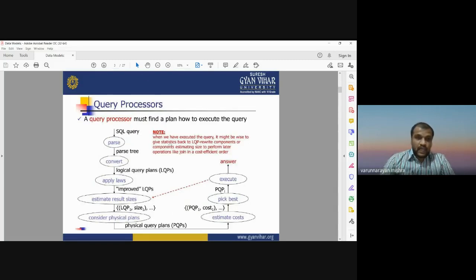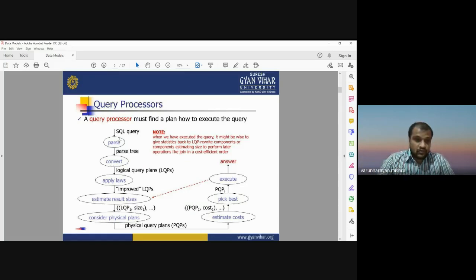SQL processing, or query processors, must find a plan for how to execute the query. When we ask for some data from our database, the query processor finds a path, a plan, so that the query can be executed.